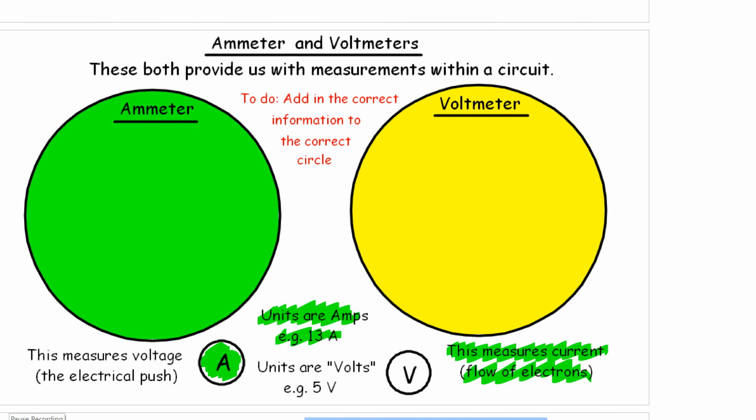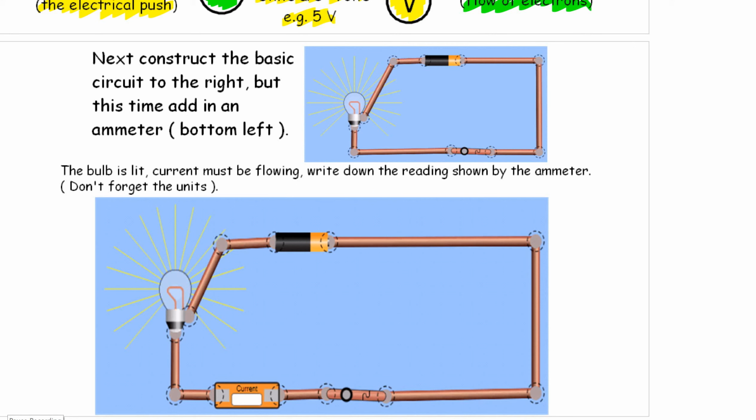The remaining ones I'm just going to check. A voltmeter, yeah, it's a circle with a V inside it. The units are volts, e.g. 5 volts, and it measures voltage, PD, potential difference, the electrical push that allows current to flow. Okay,